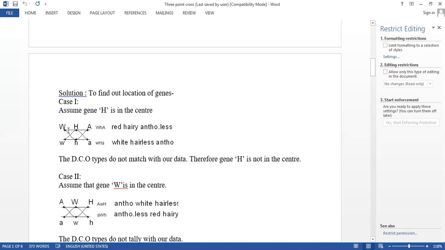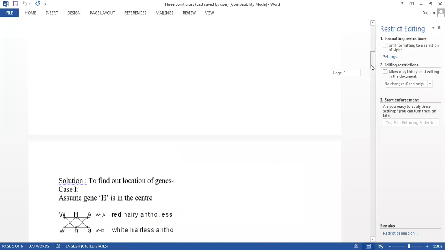Capital W, small h, capital A. I've written here: capital W, small h, capital A. And second will be small w, capital H, and small a. So, which types do you get? You get red, hairless, and antholess. And you get white, hairy, and antholess. Now, these two types,